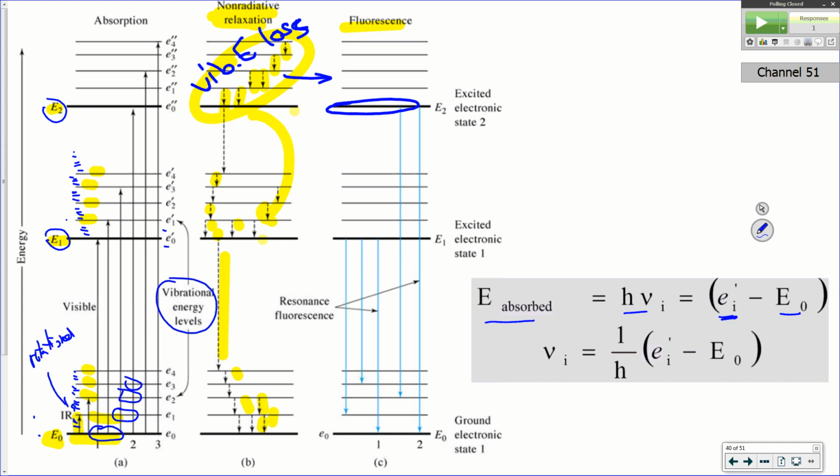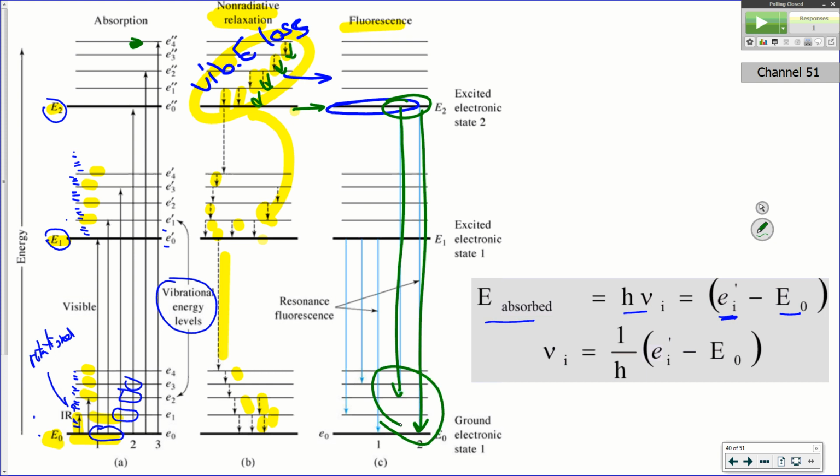All right, so in this case, we maybe excite to this state, and then through a series of vibrational losses, we lose energy down to this level. Now we're in this electronic excited state, and this electronic excited state could emit a photon off, and it could emit off in a molecular species in a variety of different levels, because as it falls back down, you not only have this electronic ground state, but you still have those vibrational levels. So when you have emission spectra for molecular species, they're going to be broad, just like absorption spectra. Okay, they're not going to be sharp and discrete.